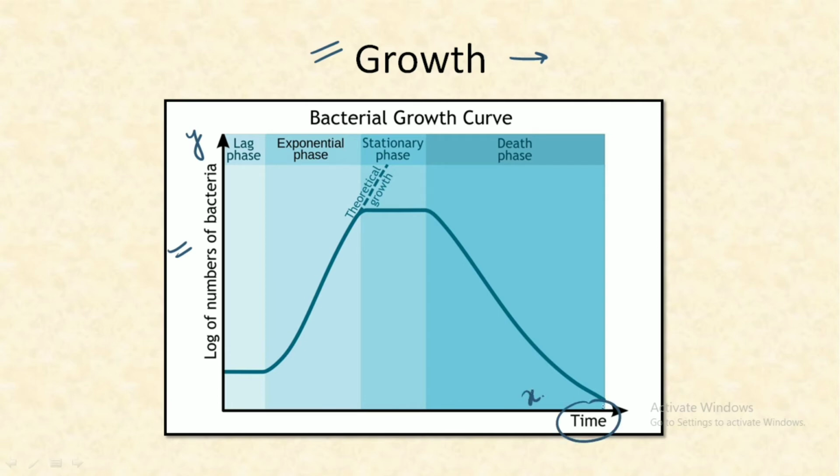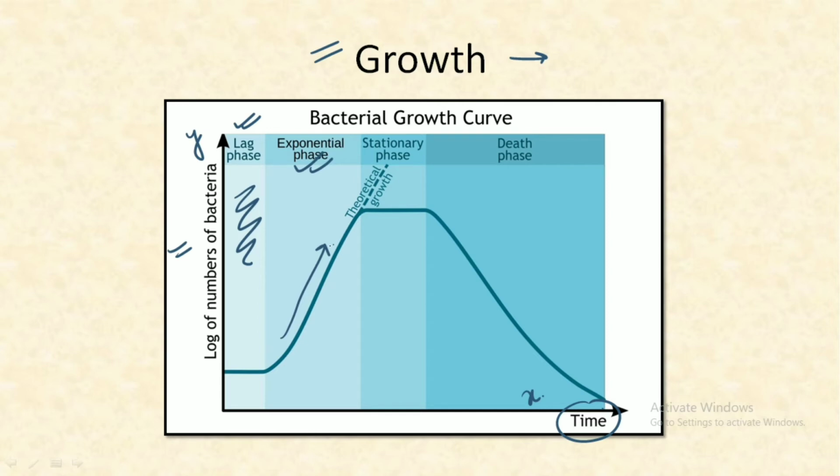Initially, when the bacteria start growing in any medium, the first phase that the bacteria experience is the lag phase, or we can also call it an adjustment phase, where the number of bacteria is low because the bacteria in this phase are trying to adjust to the new environment. After the lag phase, we have the exponential phase, where we can see a rapid growth in the number of bacterial cells. Why? Because now the bacteria have adjusted to the surroundings and can easily flourish in this new environment.